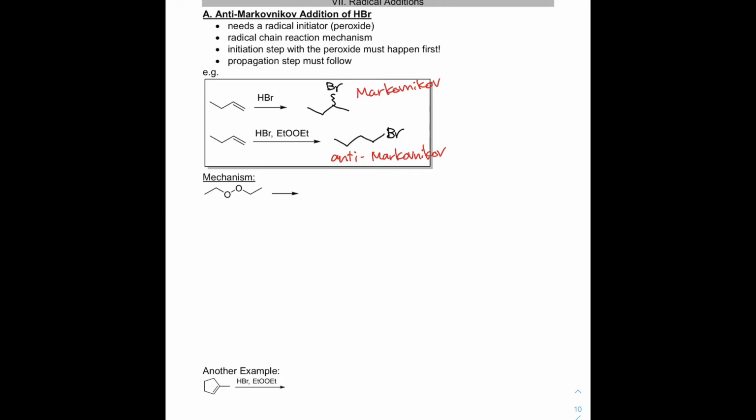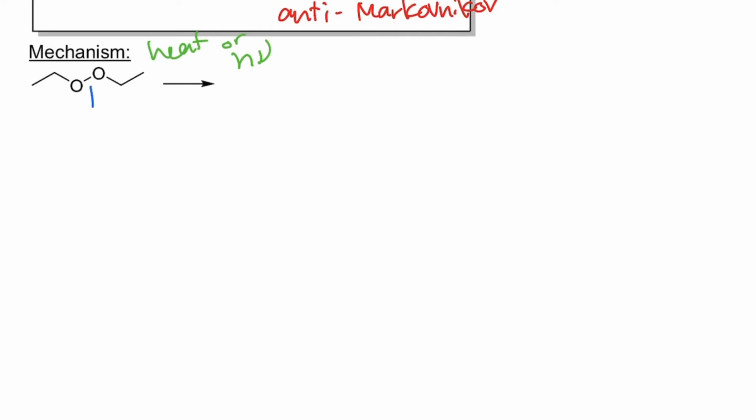So typically that involves either heat, or some sort of UV light, or it could even be like regular light is enough to get this going. So that's why I'm not necessarily showing you the UV light symbol or anything like that in the reaction equation up top. But the first thing that would happen is homolytic cleavage of this very notoriously weak oxygen-oxygen single bond,